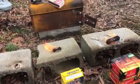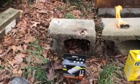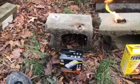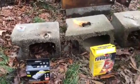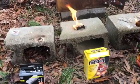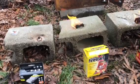All right, coming up on 7 minutes. I'm gonna have to say the Esbit looks like it is not far from being over with. I'm not sure whether it's going to make the 12 minutes that the package said. Duraflame, it might make 12 minutes. Of course, it made no boast like that. It just said fire starter,